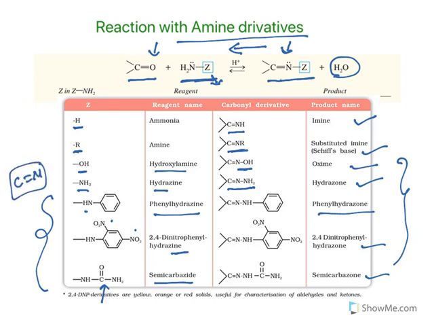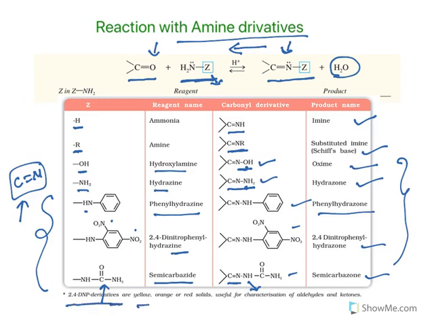The reason they form stable imines is that the imine bond is attached to an electronegative atom, in this case oxygen, in this case nitrogen, in all these cases a nitrogen is there. To that imine bond an electronegative atom is attached. Because of this attachment, electronic delocalization occurs, resonance structures emerge, and the bond becomes a little more stable. What is the use of this? You can see here